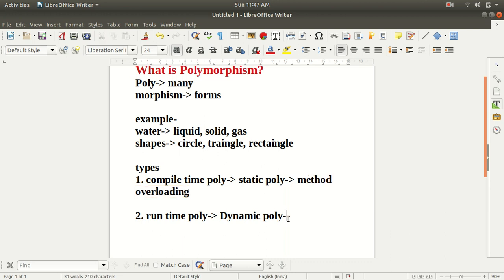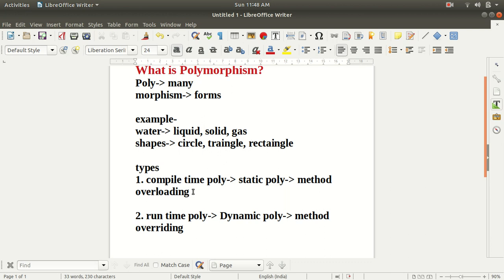To achieve runtime or dynamic polymorphism, we can do that with the help of method overriding. These are the two ways to achieve these types of polymorphism.